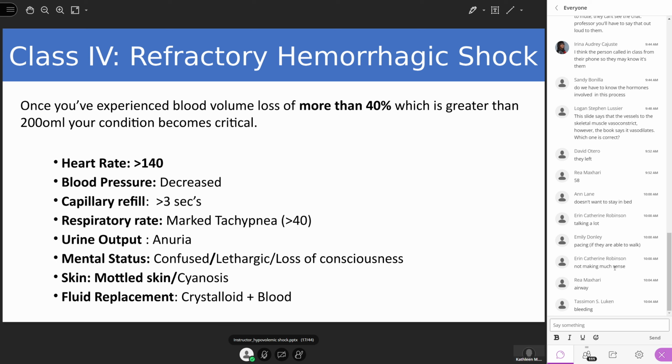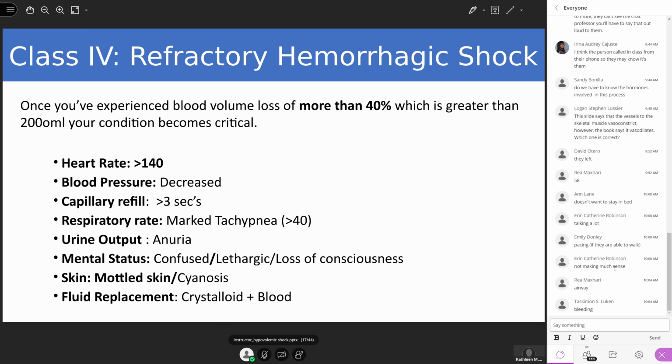Does anyone have any questions about these stages of shock? You could raise your hand if you do. The most important thing that you need to know about this, and of course, I know you're going to review them for your exam, a big one